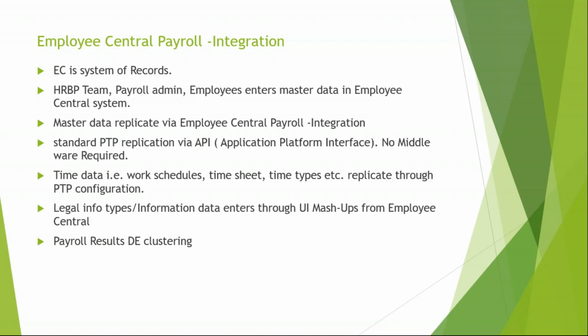Once I do the activation, the relevant infotypes, the relevant information, default portlets will be visible in the EC system. For example, UK 65 is the tax, 69 is for the NIC, and court order 70. This information will be present in front of us in the EC system. If the employee number in EC and the employee number in ECP are in sync, then when you click on the tax code data or tax details or national insurance data, the relevant statutory infotype